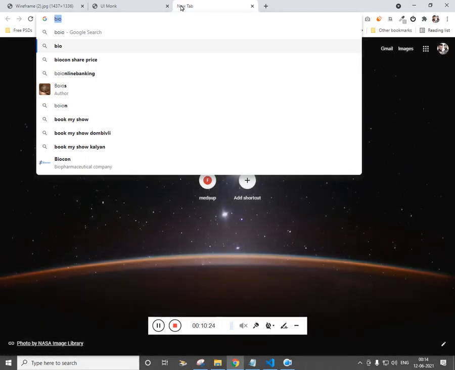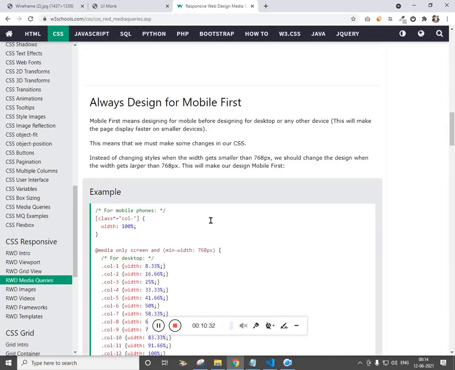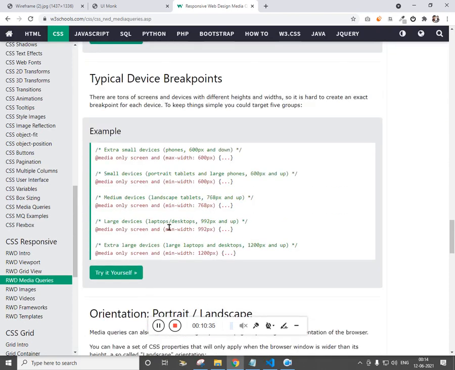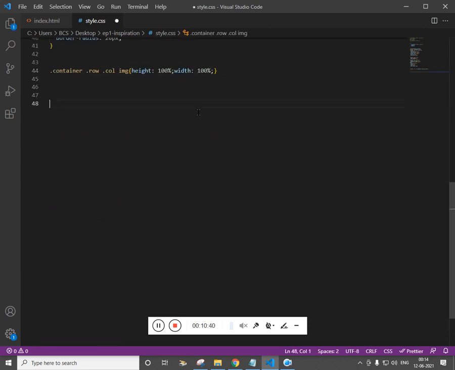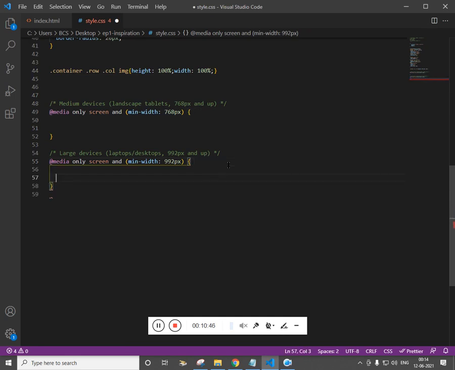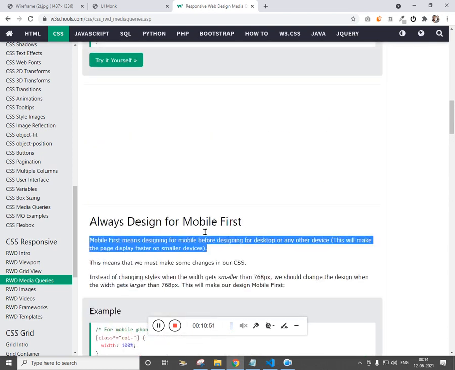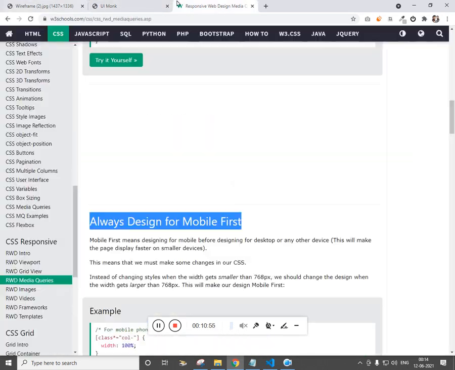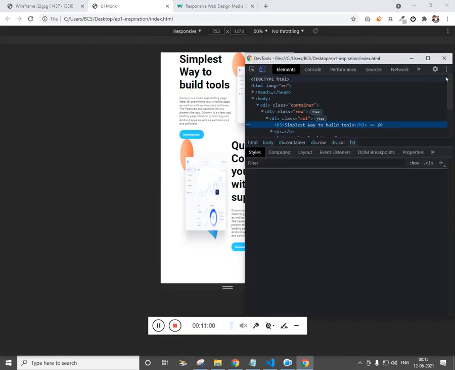So let's get into the bootstrap breakpoint. Let's check the bootstrap breakpoint. In case you are new, the bootstrap breakpoint is targeting a particular pixel, so that we target a particular device. So let's select these. This is for tablet and this is for desktop. That's a concept in web design called mobile first. Whatever we design, it should be designed first for mobile. So let's get into the mobile version.